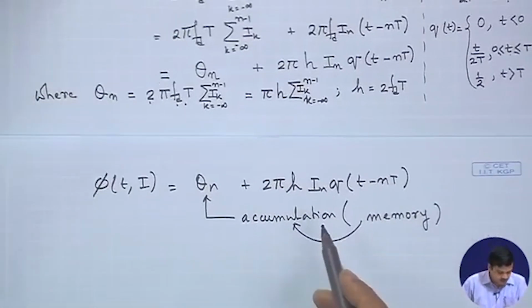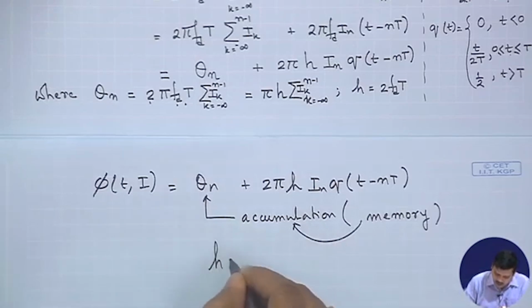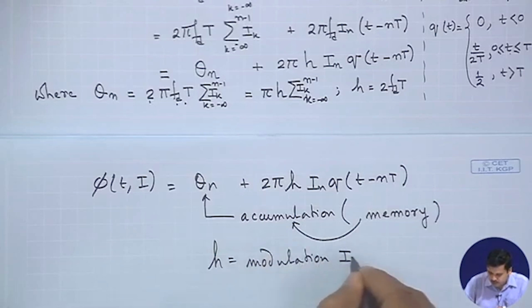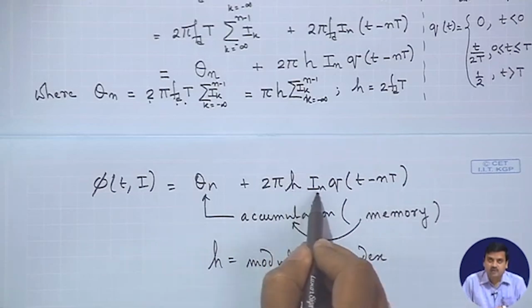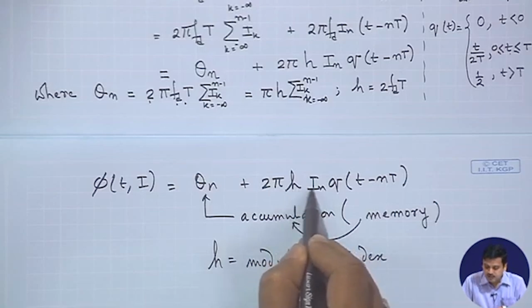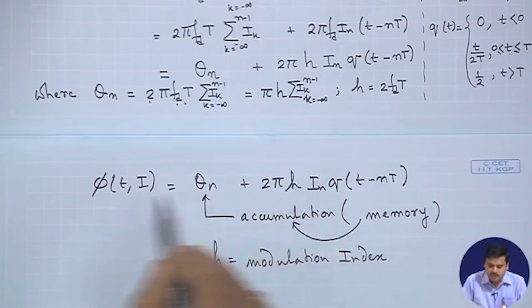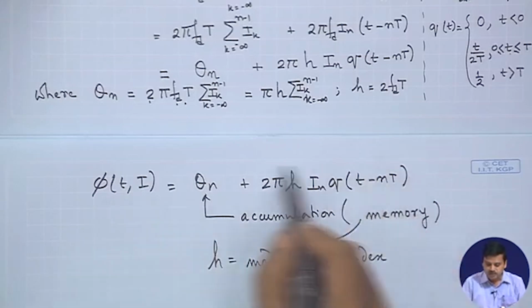So, this is the accumulation up to all terms, and you would also call h the modulation index, because with h you have I n. I n is the modulating signal. So, when multiplied, you are basically influencing the amount of modulating signal that would affect the phase of the signal. So, hence it is appropriately called the modulation index,